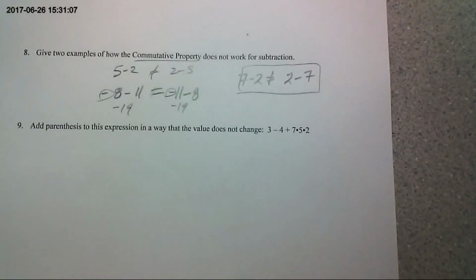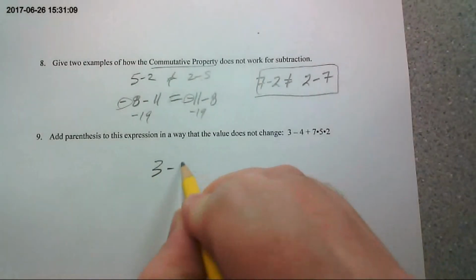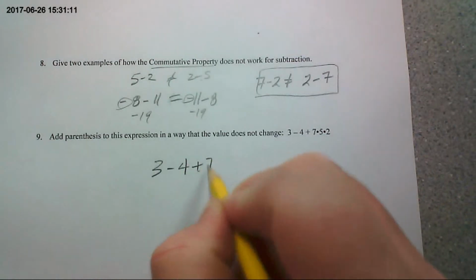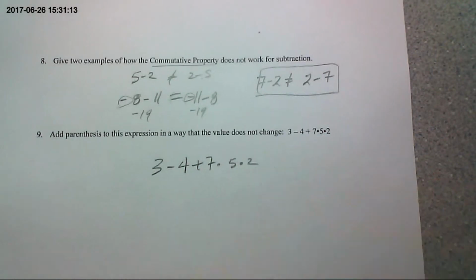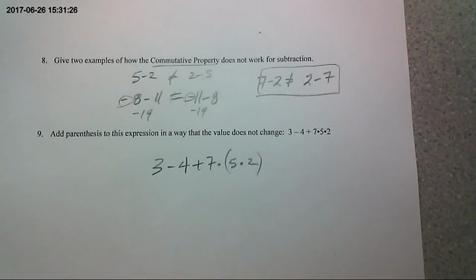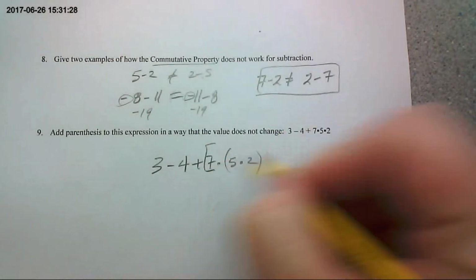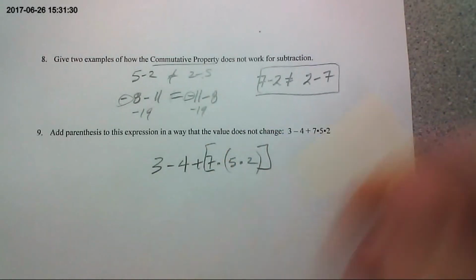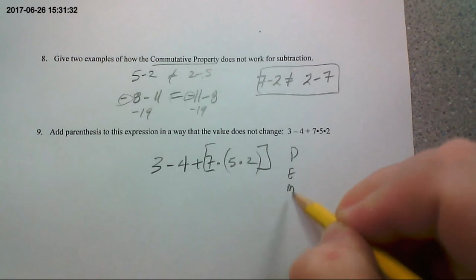Now, there's a lot of ways you can answer this one right here. 3 minus 4 plus 7 times 5 times 2. There are so many ways you can answer this question that are correct. You need to add parentheses so that it doesn't change the value. You could put parentheses like that if you wanted. You could put parentheses like this if you wanted. Because when you look at PEMDAS, the order of operations,